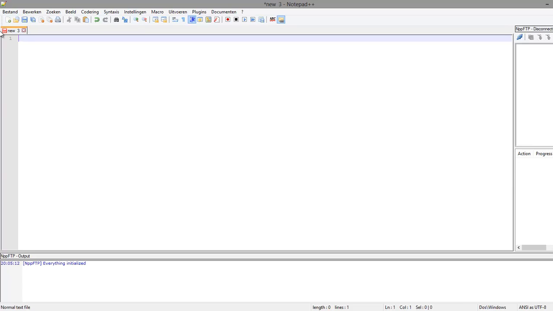PHP is a programming language that is used for web development, and you can create web shops with PHP and other things. Today I would like you to learn something about variables and PHP basics, and next time we will talk about some other things. For now we will just create a PHP page in Notepad++,